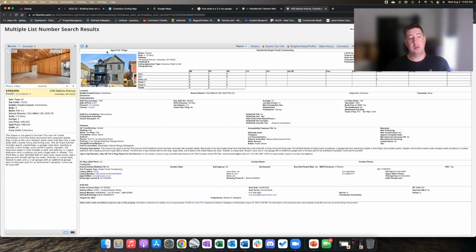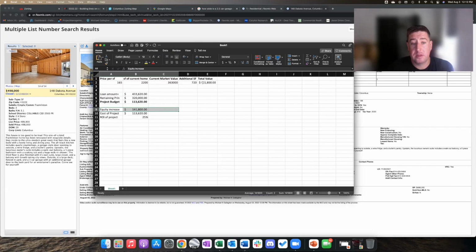Okay, so let's say this one is 3 beds, 3.5 baths. So the property we're talking about is 4 beds, 2.5 baths. So you gain a bathroom here, but you lose a bedroom, but you gain garages here. So let's say that this is pretty much, call it even with what we could expect from the market if we can do this project for $113,000, meaning that if we take 80% of this new value out from a bank and that money's enough to do this build,